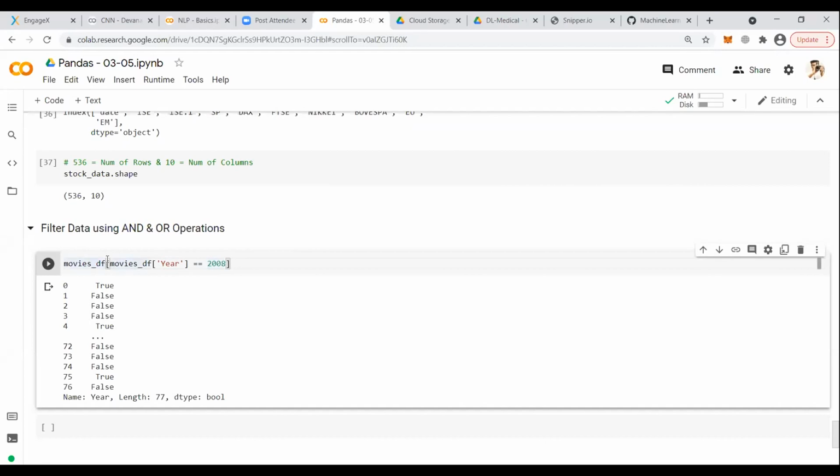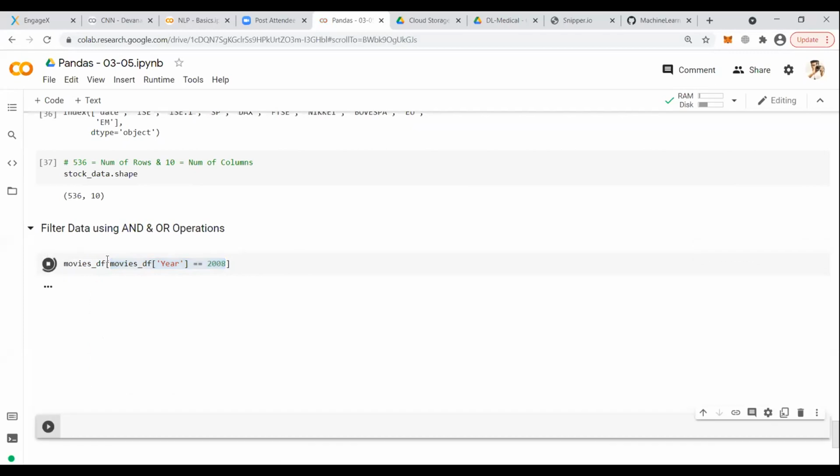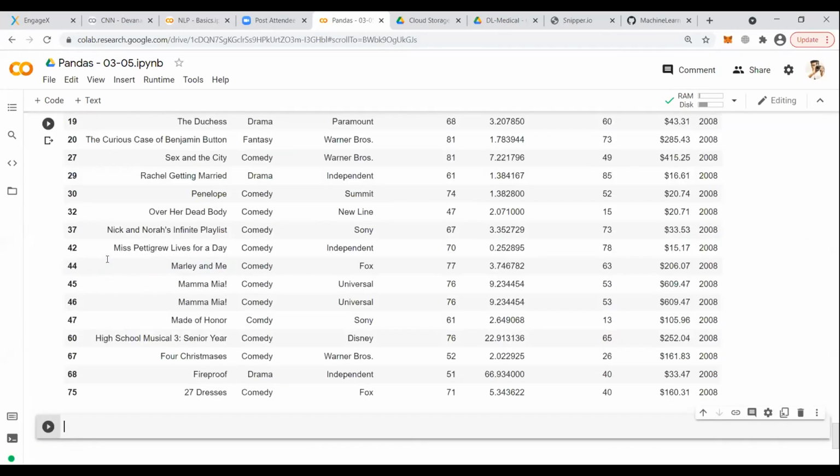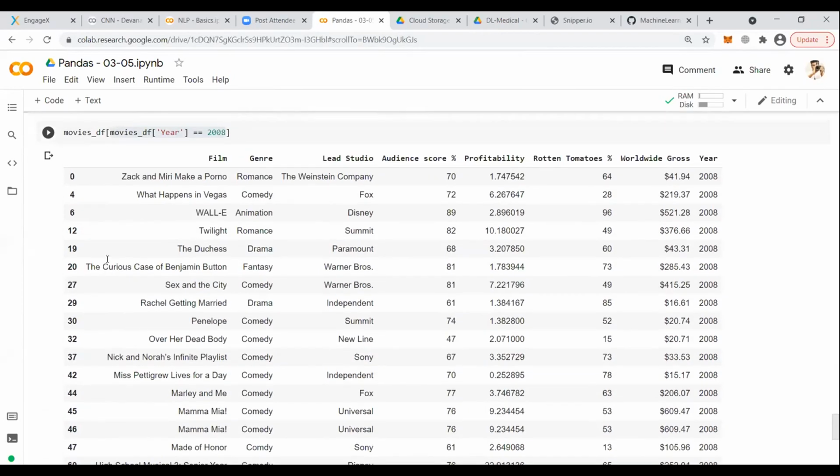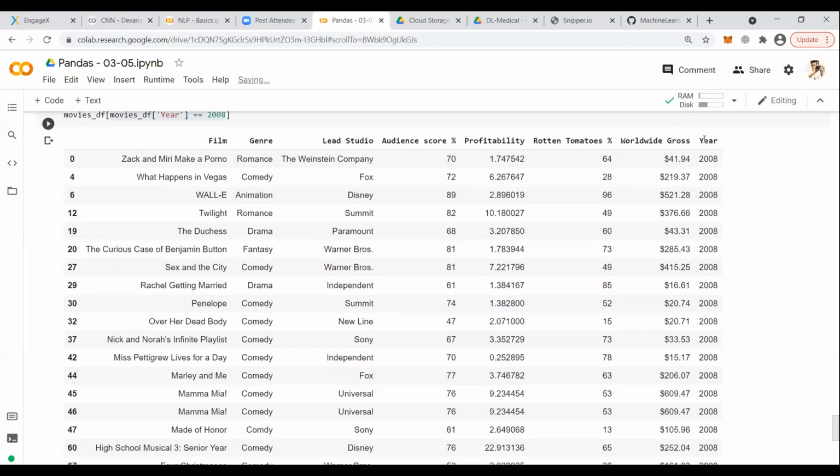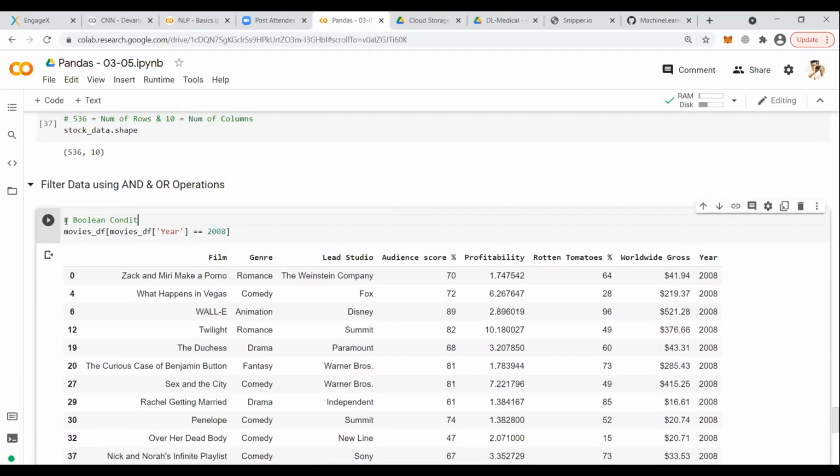Wherever this particular condition is true, that particular row will be selected. Now using this Boolean condition, we are slicing out the data.